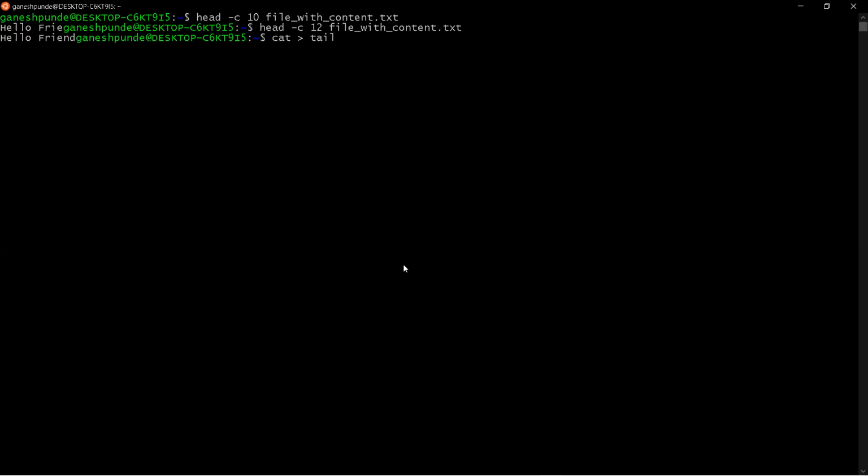I am saying tail command dot txt. Tail means tail of the file.